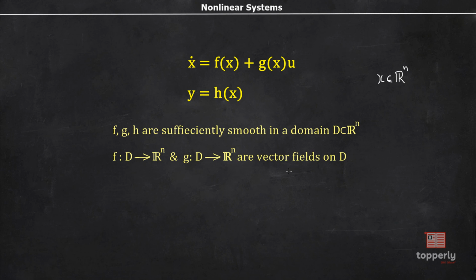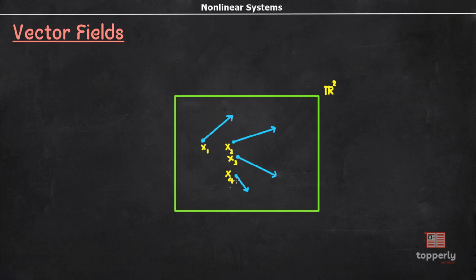In case you are unfamiliar with vector fields, it is basically an assignment of a vector to each point in a subset of space. For instance, a vector field in a plane R square can be visualized as a collection of arrows with a given magnitude and direction, each attached to a point in the space. As students of engineering, you might have already encountered vector fields from the first year onwards, right? So I'm not discussing about it further.